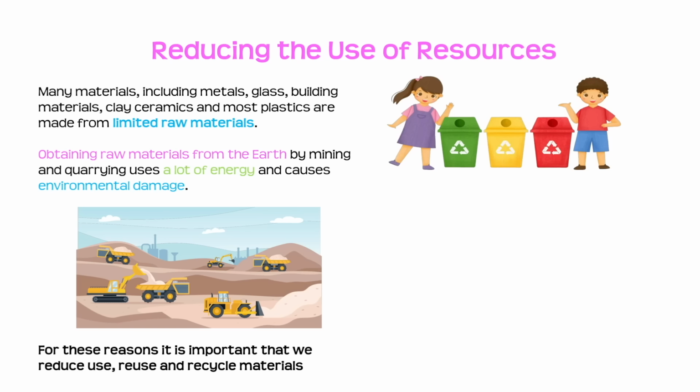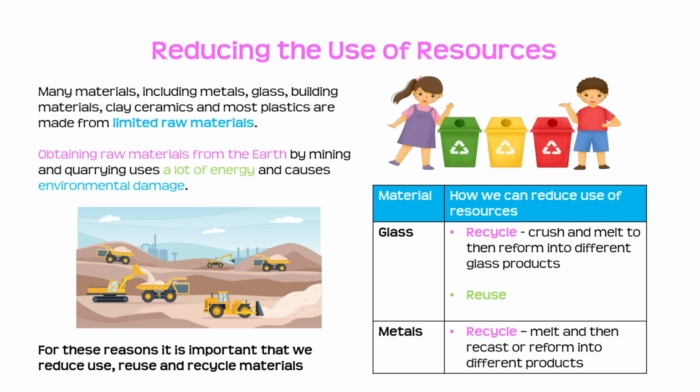Many materials, including metals, glass, clay ceramics, plastics, they're all made from limited raw materials, which means that they can eventually run out. Now, obtaining the raw materials from the earth by mining and quarrying is problematic because it uses a lot of energy and it can also damage the environment. So for these reasons, it's really important that we find ways to reduce the use, to reuse and to recycle